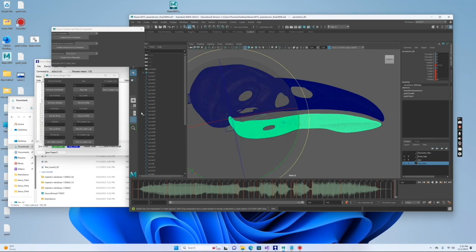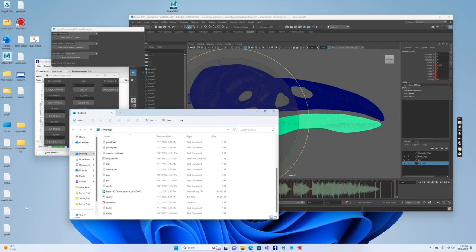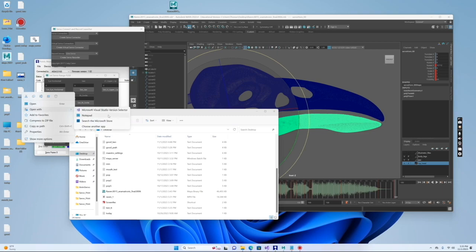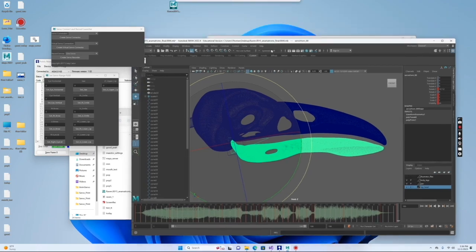It is still recording, so we're just going to look at what this looks like. Test TT, we're going to open this up. We just really want you guys to see it open up. Let's just go to desktop. All right, test TT, so I'm going to open with Notepad. That looks good. And then we're going to go to our